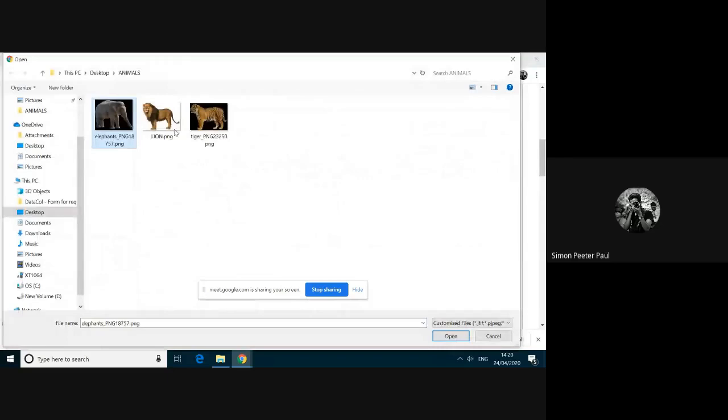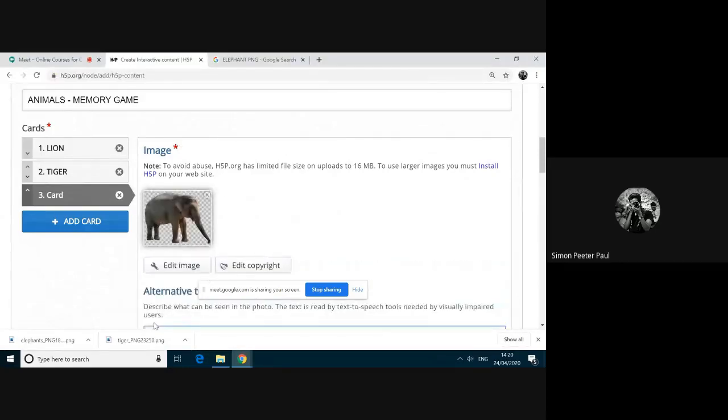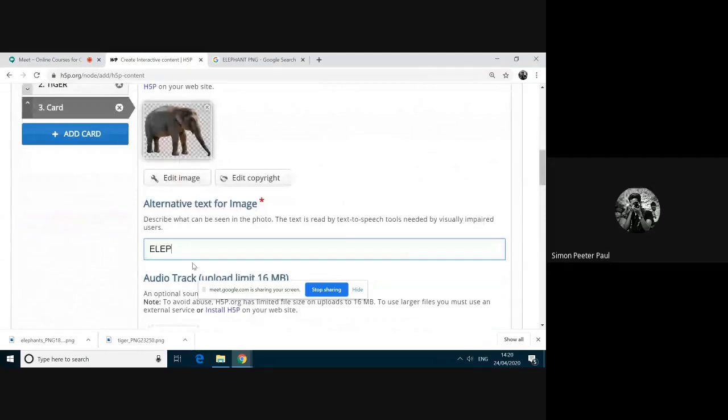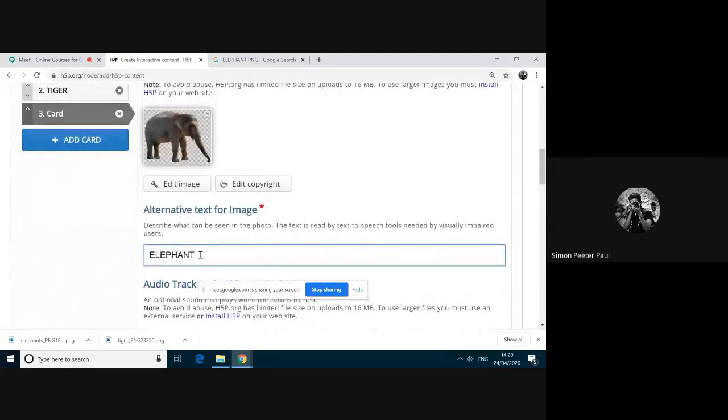I'm selecting this elephant and then clicking the open button. So it's getting uploaded. I'm giving the alternative text. It's loaded. I have finished.